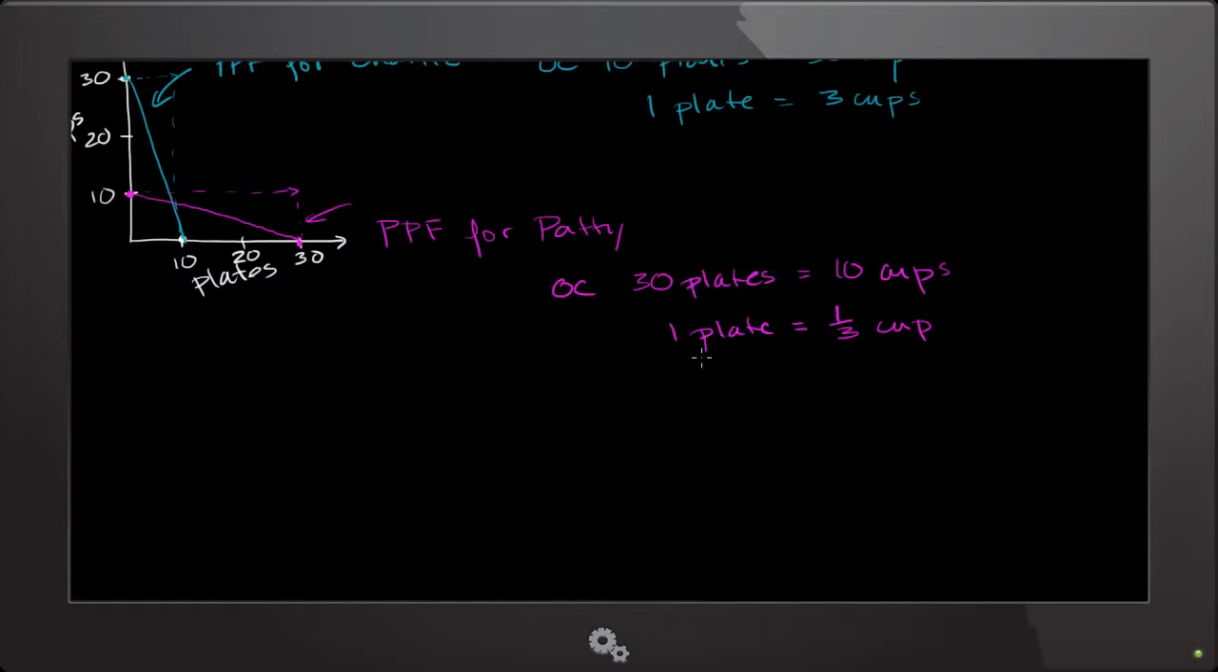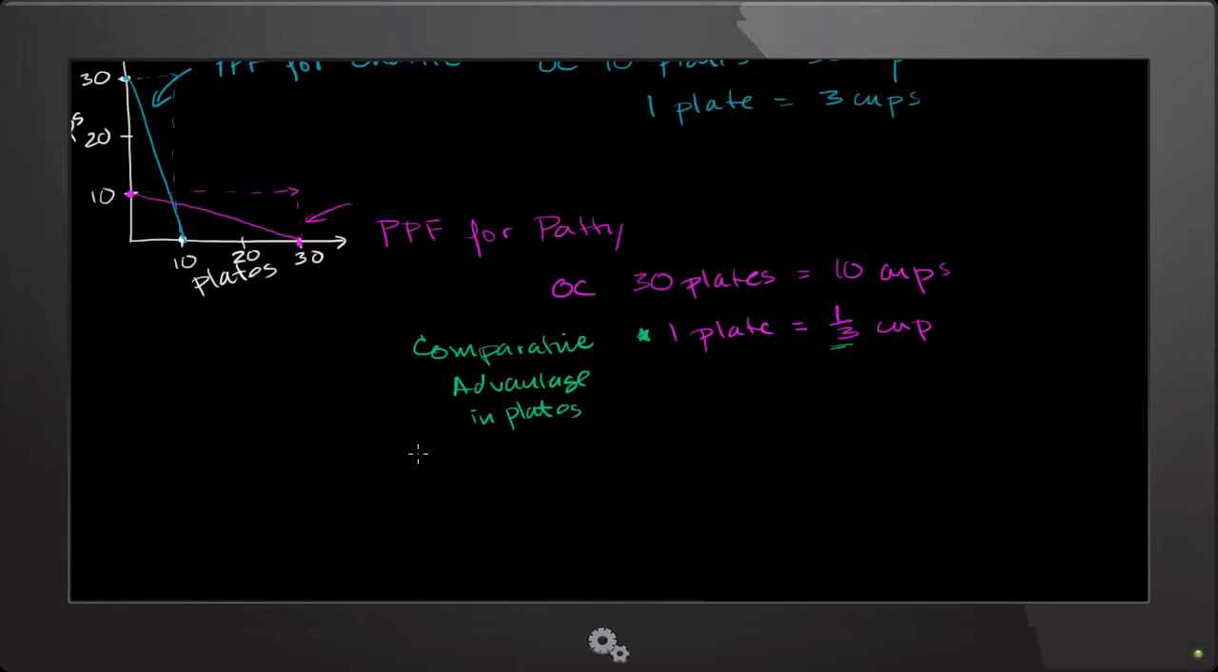Now this is interesting. We can now compare their relative opportunity costs. The opportunity cost for Charlie to produce a plate is 3 cups. The opportunity cost for Patty to produce a plate is 1/3 of a cup. So for Patty, especially when you measure it in terms of cups, it is cheaper to produce a plate. She has a lower opportunity cost than Charlie does in producing plates. And so, because her opportunity cost is lower in producing plates, 1/3 relative to 3, we say that Patty has the comparative advantage in plates relative